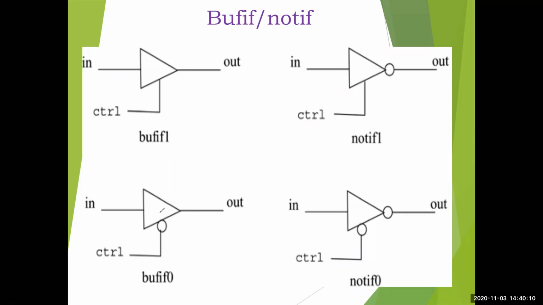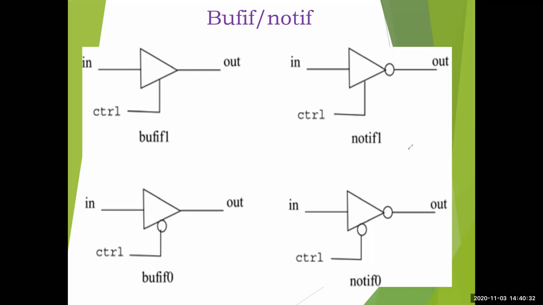If it is 0, the complement inside will be 1. So at gate level it is 1, but when you are giving the control here, it is 0, so it will understand it as 1. Then only in is passed to out. But if the control is 1 here, then it will be 0 inside, so it will not pass to the output. So out will be Z, the default value Z will come there. So this is bufif.